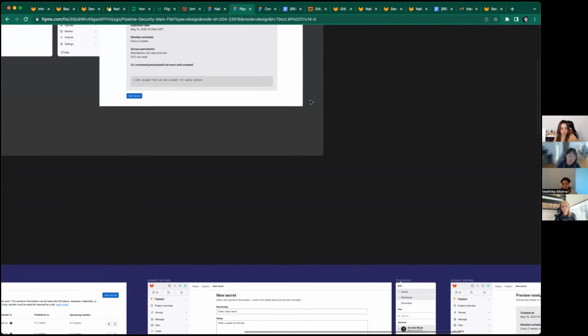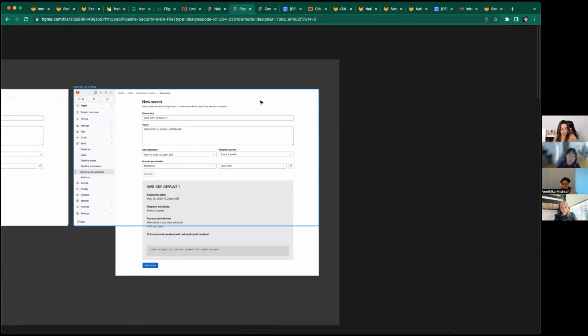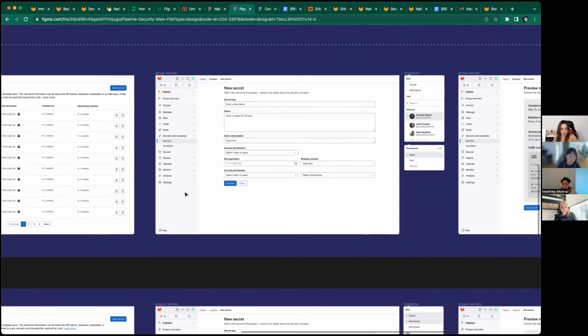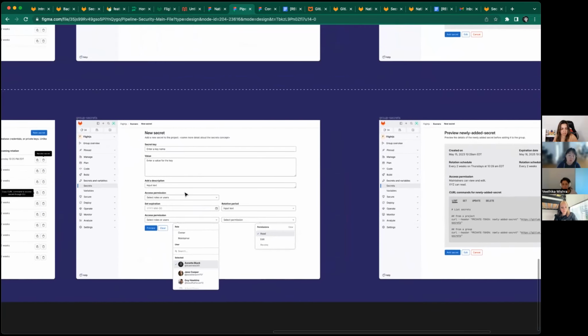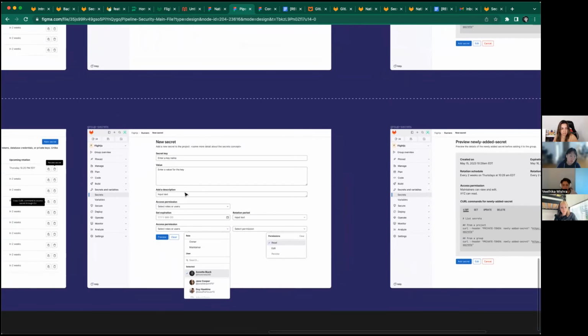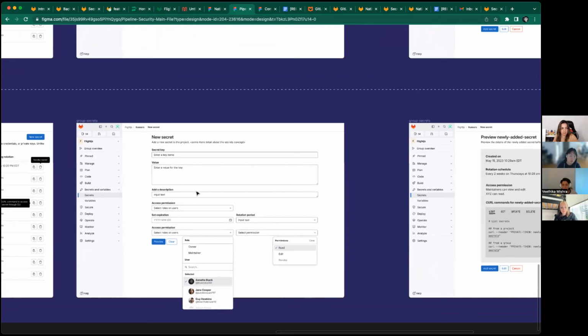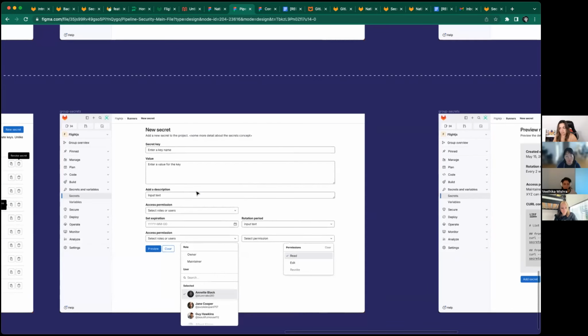Used to be, as in my first iterations, I thought maybe I can do everything in just one single form and I don't have to split it. But I had a meeting with Marcel, and we also talked about this design. He brought up the disadvantages of showing the preview on the same page. What I'm proposing is there's a form, you fill in all the information, but because secret is a critical resource, we don't allow just creating the